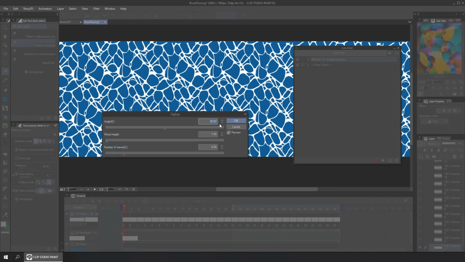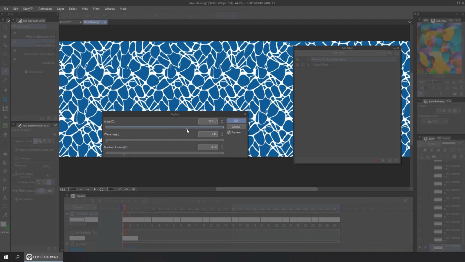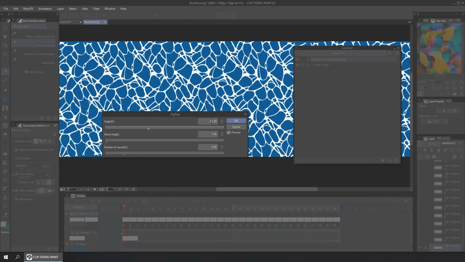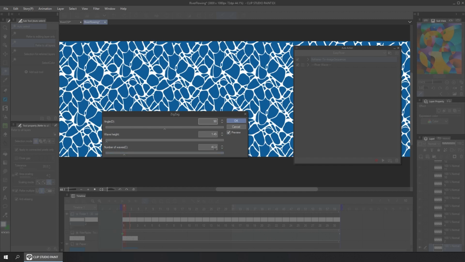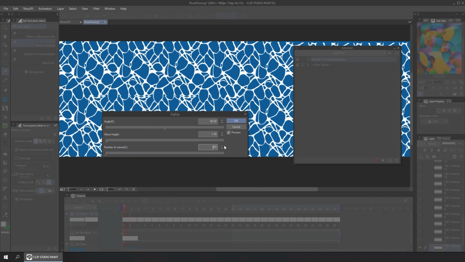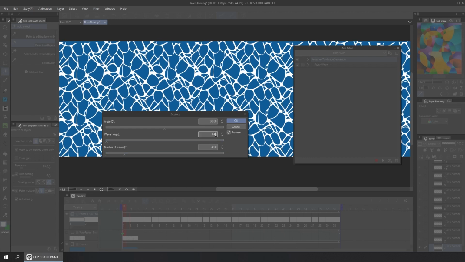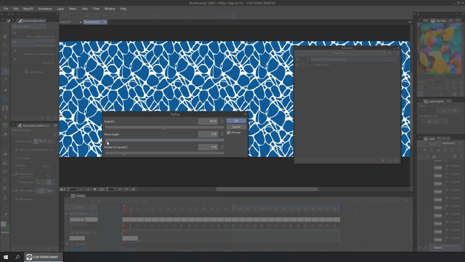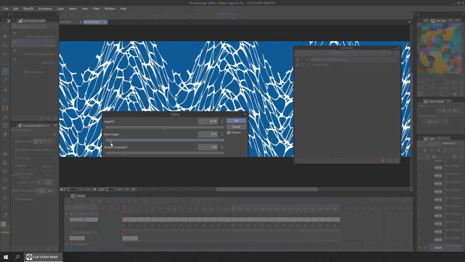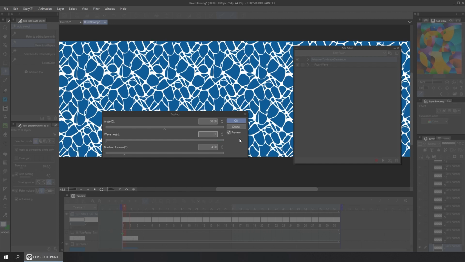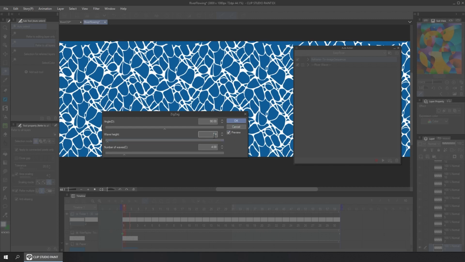What I find out is that the angle at 90 keeps the waves affecting just up and down. So this is a fixed number. And the number of waves is just how many waves there are in the illustration. So I'm not going to change this number. And the wave height is the one I'm going to vary. And it will vary between 1.4 to 3.4. I tested these several times, and these numbers were the ones I liked better.